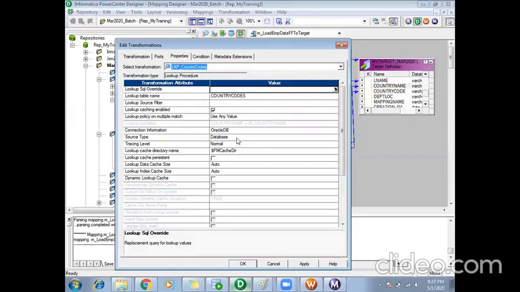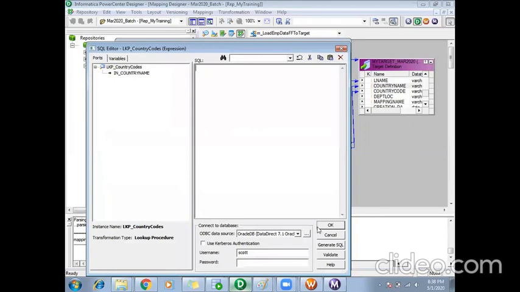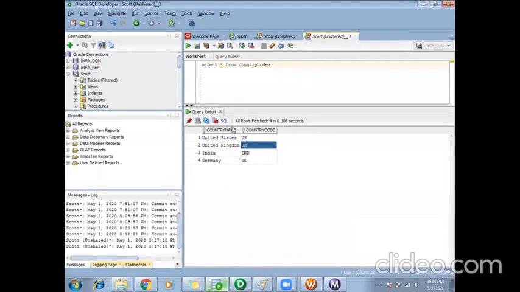Then in the properties section, we have so many things to discuss here. As of now, this country codes is the lookup table name. Like our source qualifier, we have lookup SQL override also, where I can write a query. So if I say generate SQL, this is the query which will be created.